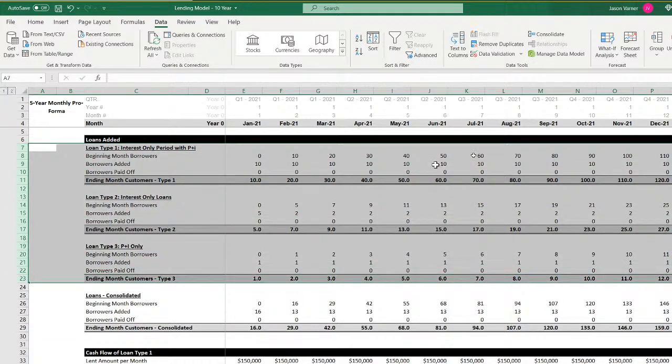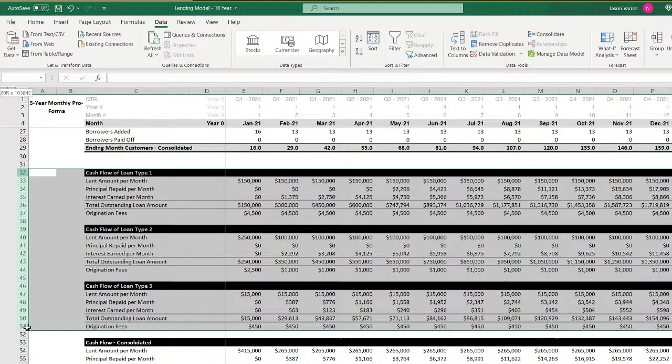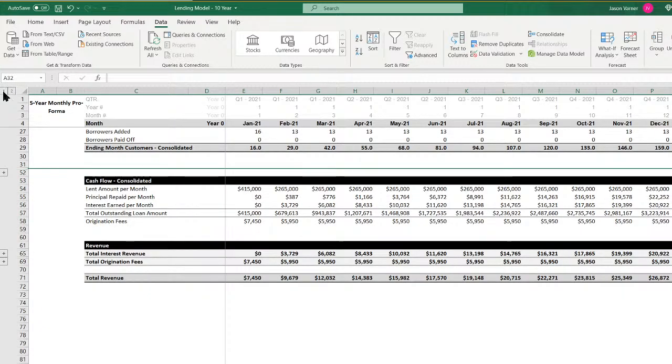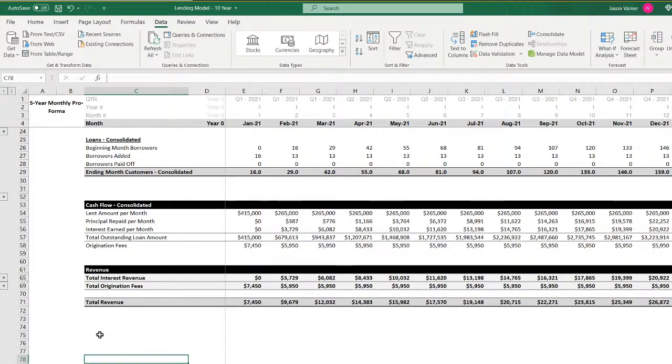This could be grouped if you want, just to see all the consolidated only. Loans added that, and here's the revenue. Okay, so